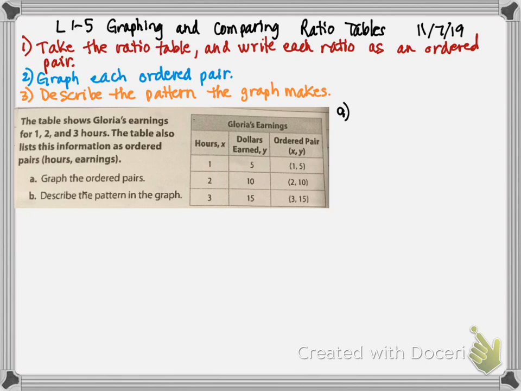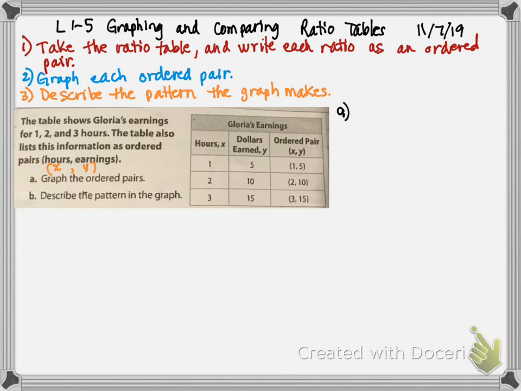So notice hours comes first, so in an ordered pair that's X. Earnings comes second, so in an ordered pair that represents Y. Okay, so again, I'm just going to kind of write that underneath here. There's your X, and there's your Y. So that's, the words are in the order of the coordinates. Okay. First, they want us to graph the ordered pairs, and then they want us to describe the pattern